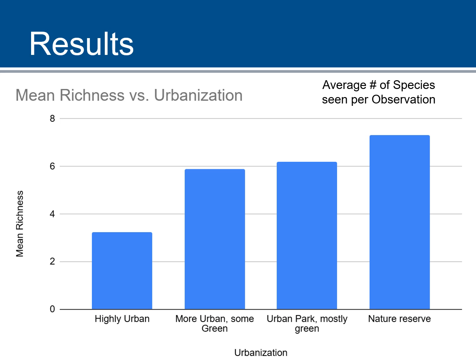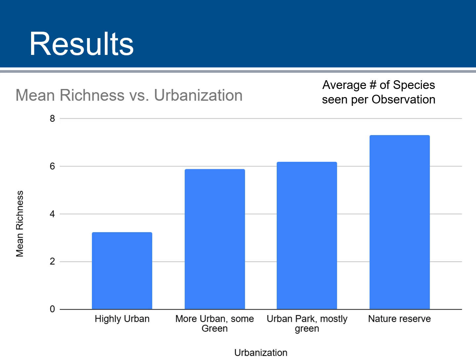Our results. After making these observations and tallying them and then averaging, I found that the highly urbanized area in general had a lower species richness. So this is the average number of species seen per observation compared to the other sites. It looks like there's more in the nature reserve, but this number was variable between the different nature reserves. So that's not significantly different from the urban parks and the urban green spaces. So increased species richness in the intermediate areas and in the nature reserves, lower species richness or diversity in the